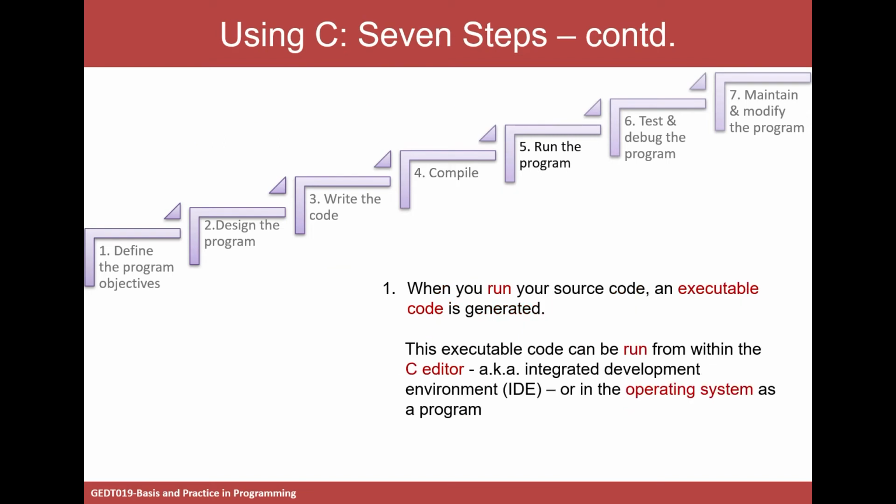The next step is to run your software. After the compiler succeeds and generates the machine code, which we call executable code, we can run that executable code now. That executable code will be an exe file, a machine code file, if you are using Windows. If you are using Mac OS or another operating system, the machine code will have a different extension. Okay, so for example,